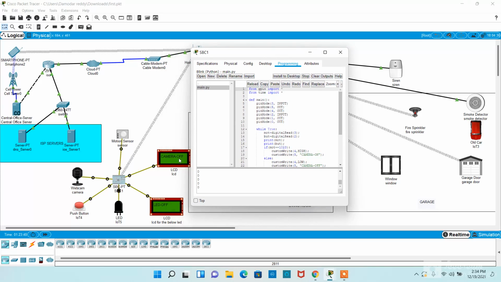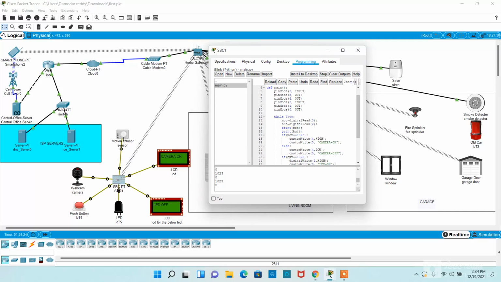Here the pin mode is nothing but assigning to the SBC board which IoT devices are inputs and which are outputs. Here the motion sensor is connected to the third pin, which acts as an input, and pins 4 and 5 are the webcam and LCD respectively. Those two are the outputs. Similarly for the push button and LED, we are showing the input and output. I wrote the code so that whenever motion is detected, the webcam needs to be high, that is, on, and the LCD should display that the camera is on. I want to show my output here.